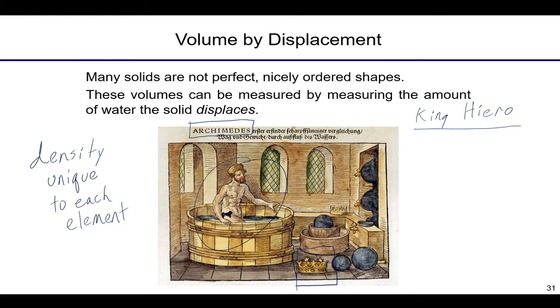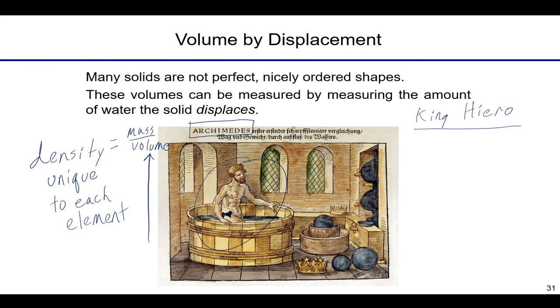So if this crown is pure gold, it'll have a certain density. And if it's gold mixed with something else, it'll have a different density. And the density is expressed as mass over volume. So while you could easily weigh this crown on a scale, it was very hard to measure the volume. And so this was Archimedes' problem: how can I measure the volume of this crown? Because it's really hard to get a ruler in all these places and just multiply length times width times